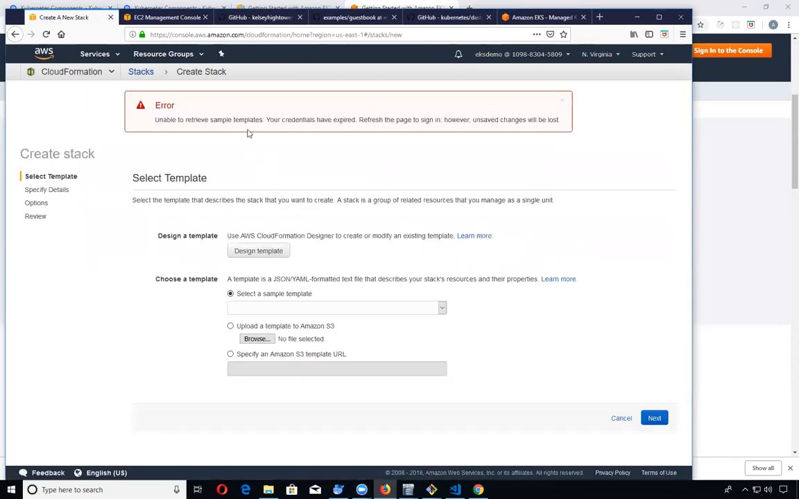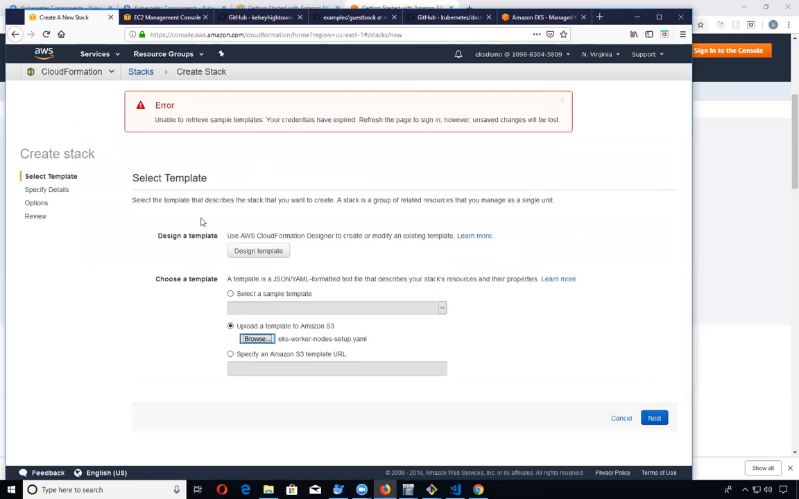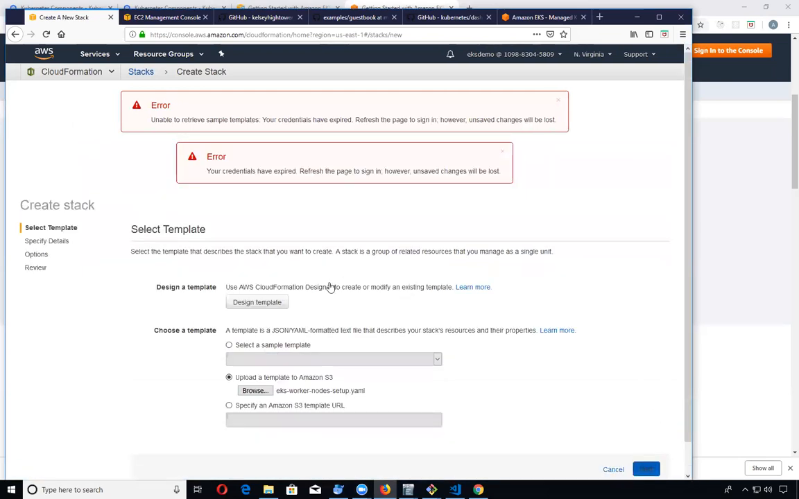Continuing from where I left off, we're going to go ahead and upload our second stack to create the worker nodes for the most part. So let us go ahead and,